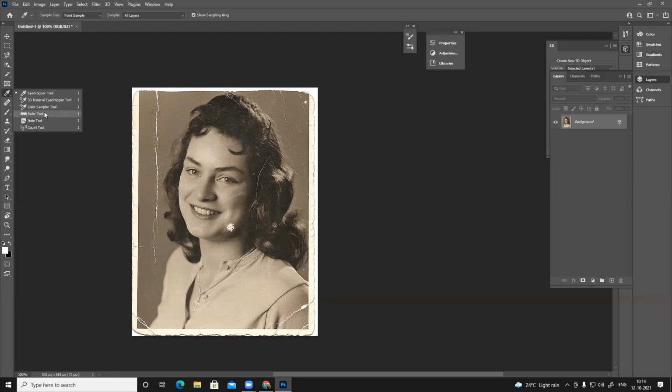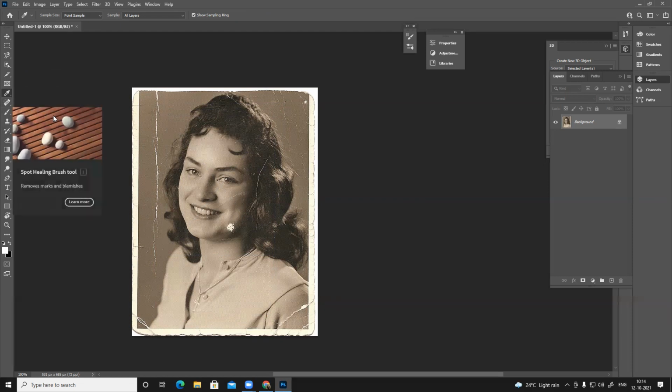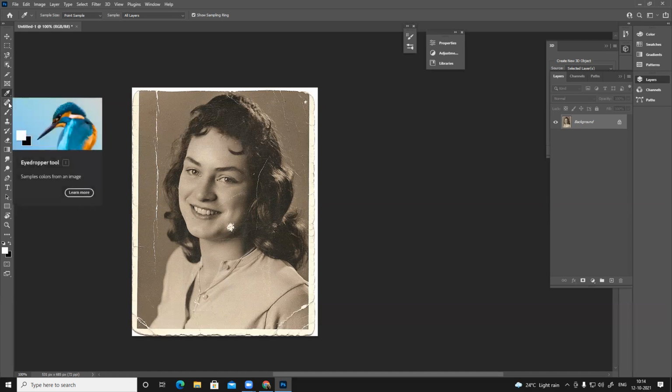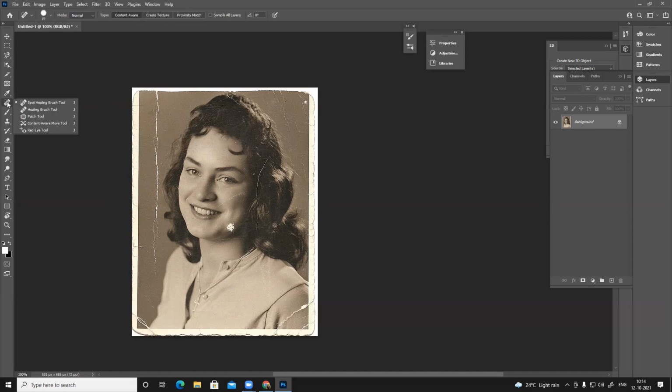For fixing this specific image, we'll sometimes be using the lasso tool, and then the healing tool. It basically heals the image based on whatever surrounds it, and automatically fixes those areas.